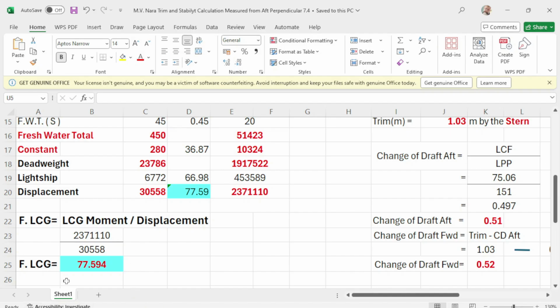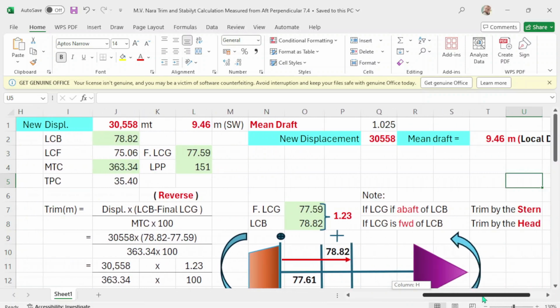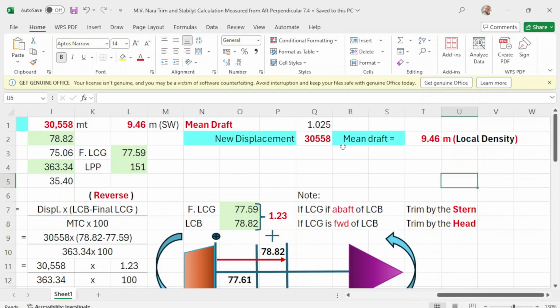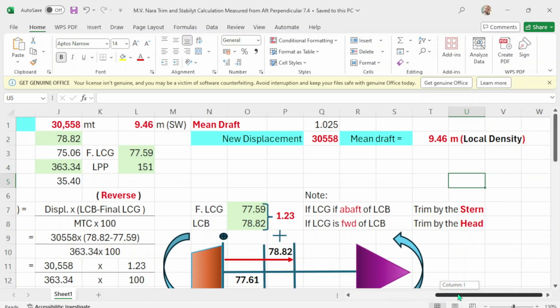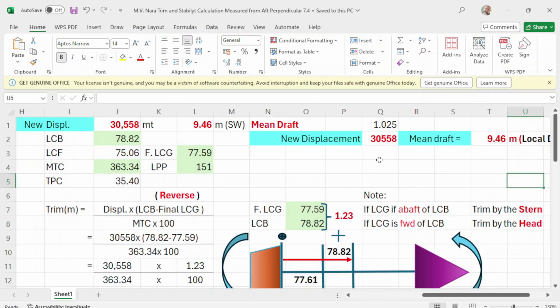so once you have your final LCG, scroll up and do the equation. So LCG is 77.59. I just said 2 decimals, so 77.59, and the displacement is 30558, and the conversion to that is 946, which is